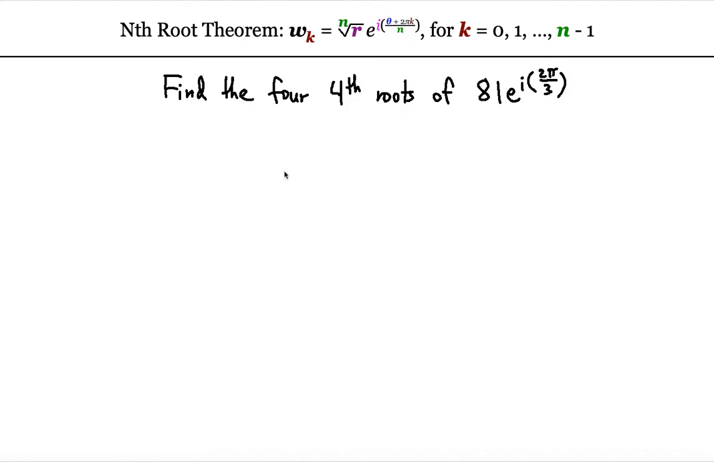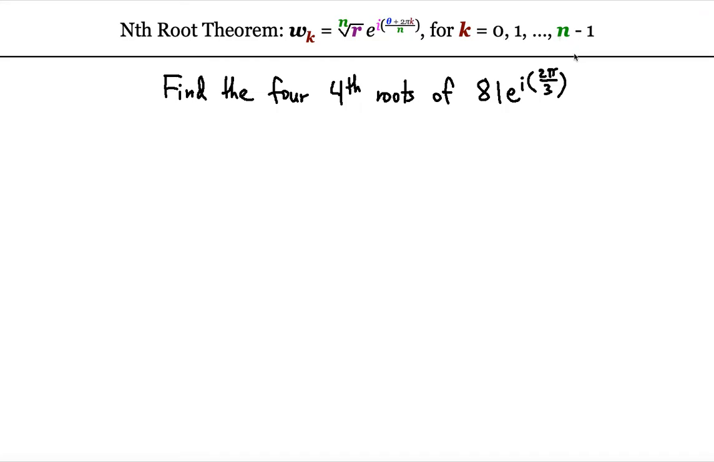To find exactly the nth roots of a given complex number expressed in polar form, you have to use the nth root theorem, which gives you any one of these nth roots as the nth root of r, the modulus of the complex number, multiplied by e raised to the power of i times the quantity theta, the argument of the complex number, plus 2 pi k, divided by n. And this equation is valid for k values starting from 0 all the way to